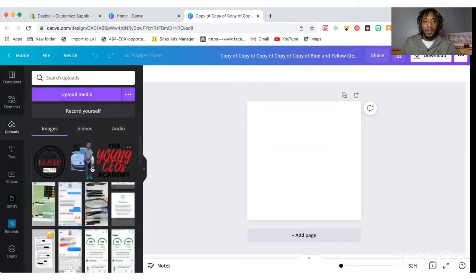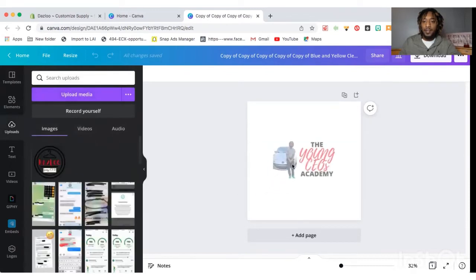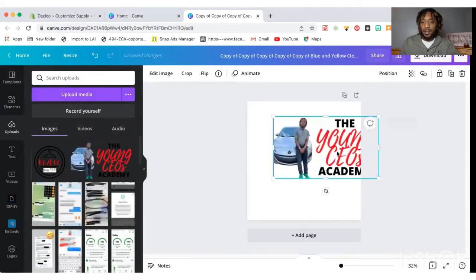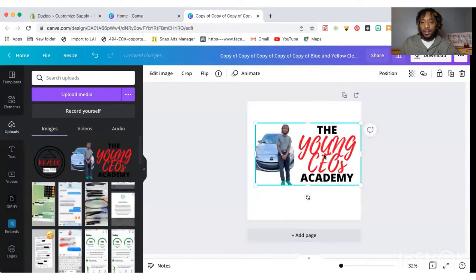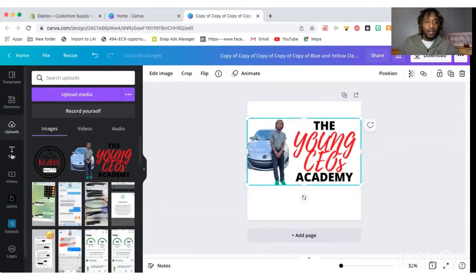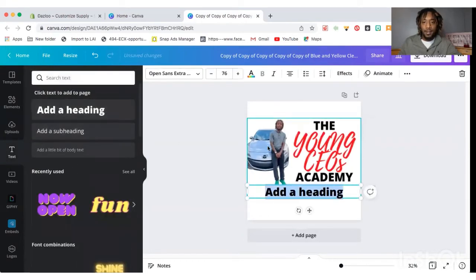As you can see, you can actually go into Canva. You can create what I created. You can take a photo of a personal image and place it into Canva. You can actually add text onto it as well. Young CEO. You can do many things as far as graphic designing with this platform.